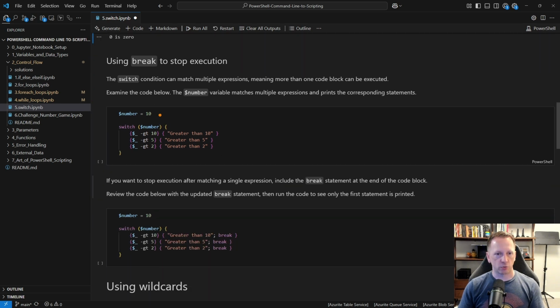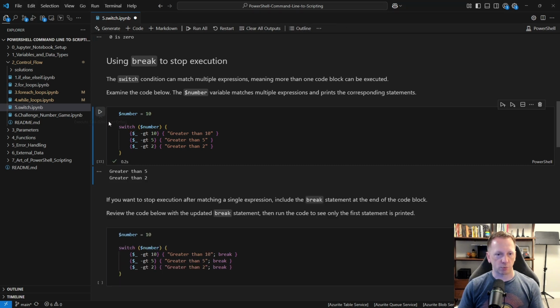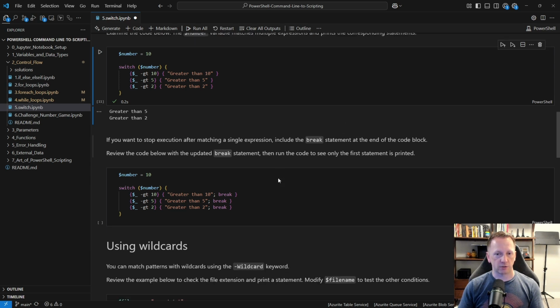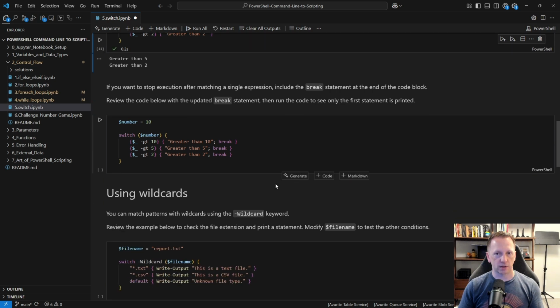Here in our example, we have number equals 10. We're going to perform a check on it. So we have 10 is greater than 10. No, that's not true. Is 10 greater than 5? That's true. Is 10 greater than 2? That's true. So we should see two outputs here: greater than 5, greater than 2. Okay. But if we want to stop at the first match inside of our evaluation here, we go in and